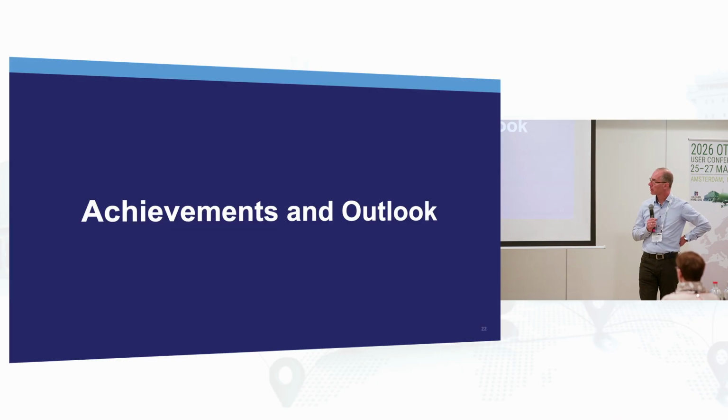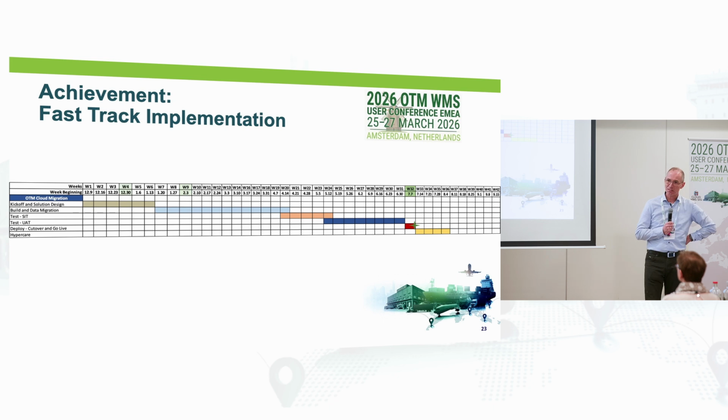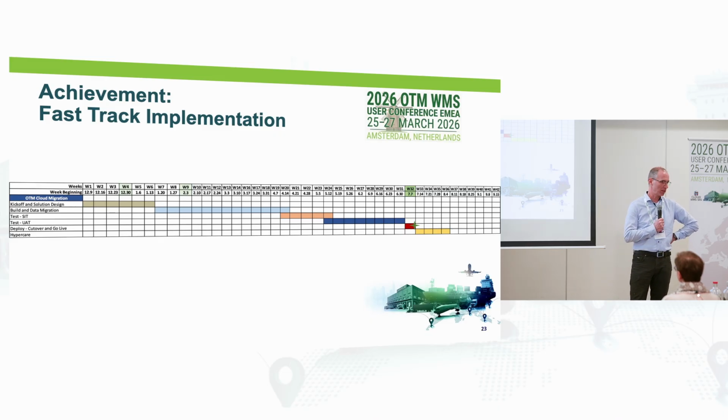And with this, we may come to achievements and outlook. So just a simple chart. This was the initial plan of how we wanted to do the project. So it was a result of quite some alignments and discussions. What is the minimum time that we need for each and every step? So we discussed with the KSAP team, what is the minimum time you need to develop the solution in cloud? So we discussed Henkel internally, what do we need to do all for the